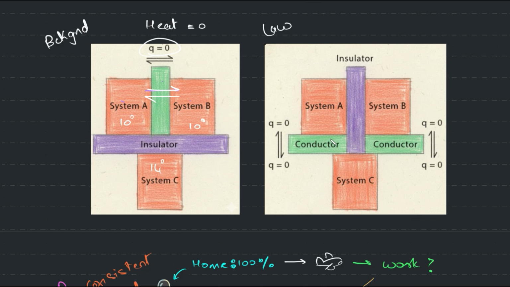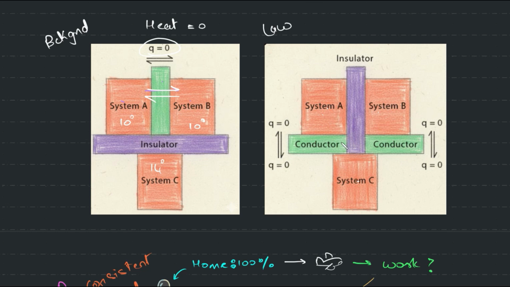So what is the law? The law tells that if we expose A, B and C in this way, that is, A and C are in thermal contact, C and B are in thermal contact. You guys agree? While A and B are not directly in thermal contact. So you need to understand the word thermal contact.